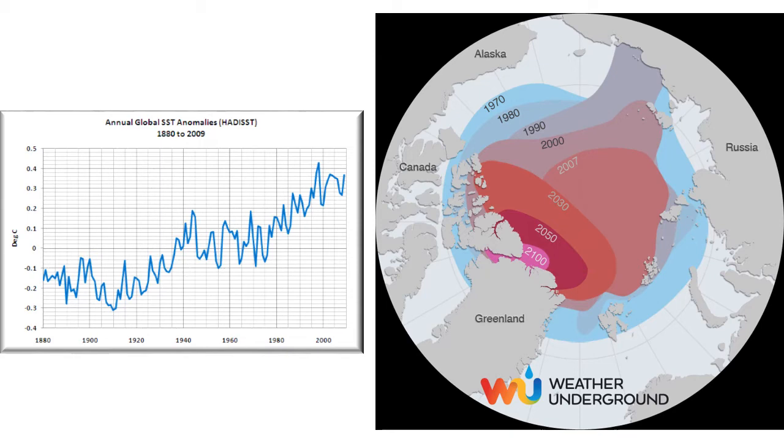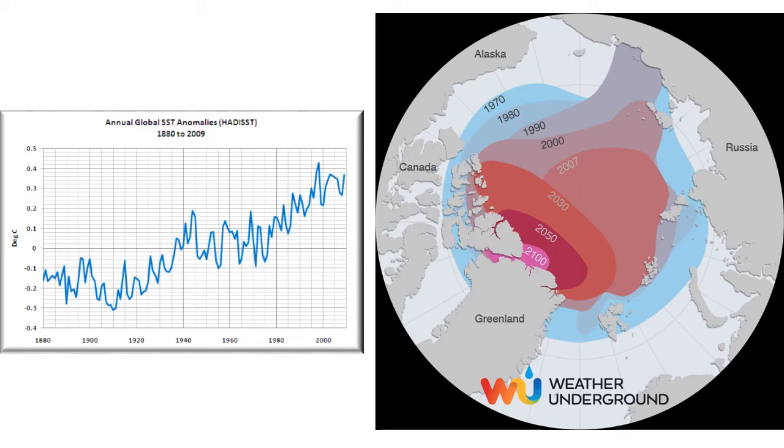And so on the right here, you can see the extent of Arctic ice. So that is ice that is found within the Arctic region. And the lightest blue shows you the extent of Arctic ice in 1970. And then a little bit darker, 1980, darker, 1990. All right, up until 2007, you can see that the area covered by ice in 2007 is much less than it was in 1970. So we're seeing that Arctic ice is shrinking.